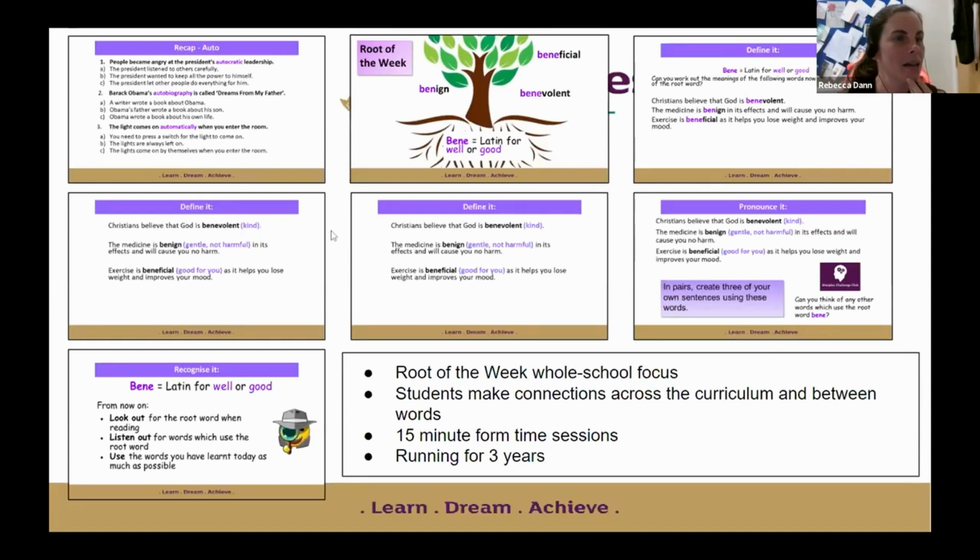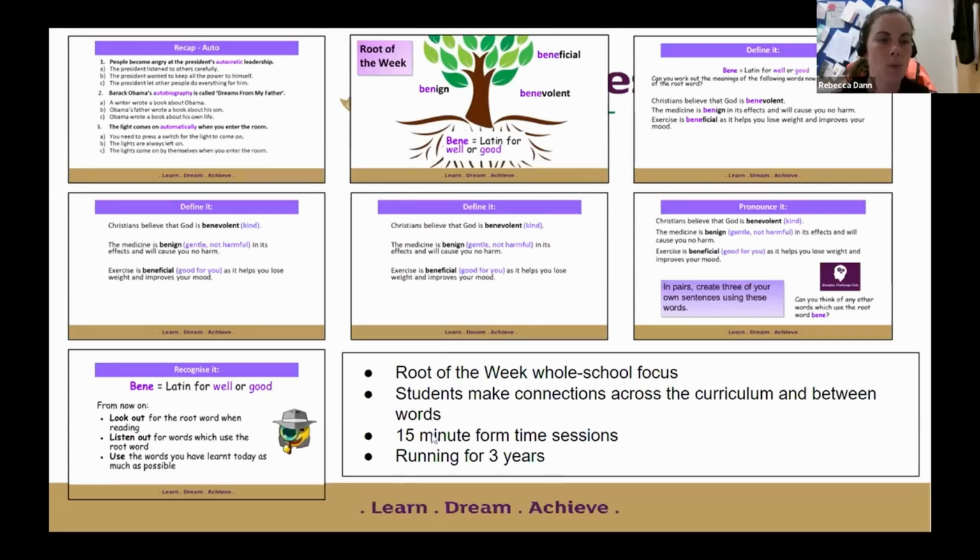So in this example, they're looking at the root bene, which is Latin for well or good. And they're looking at how these words are important in science, in RS, in English, in PE. And these tier 2 and 3 words that they might come across in different subject areas all link. And it's provided them with a way to work out the meanings of difficult academic words themselves.